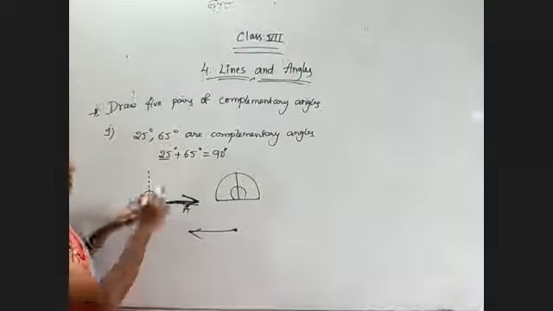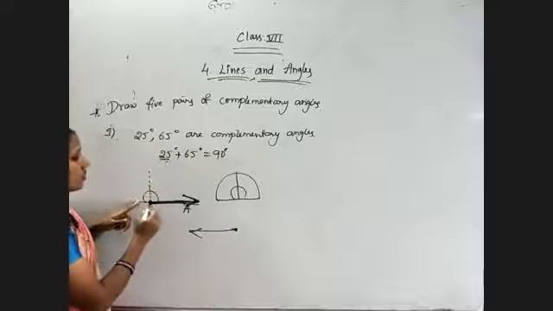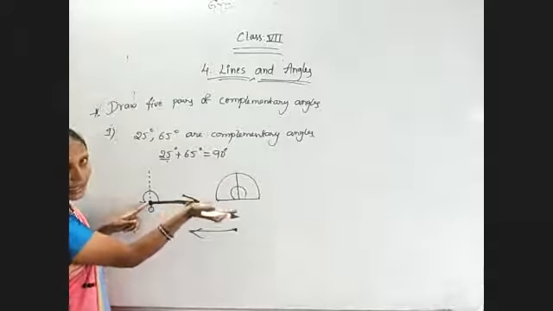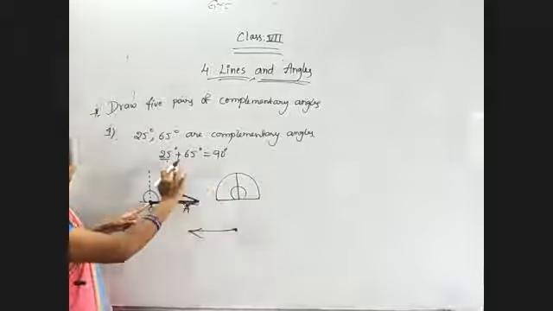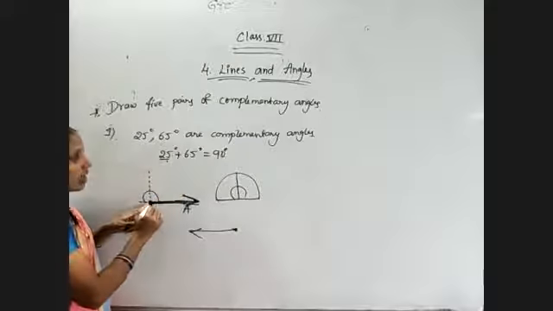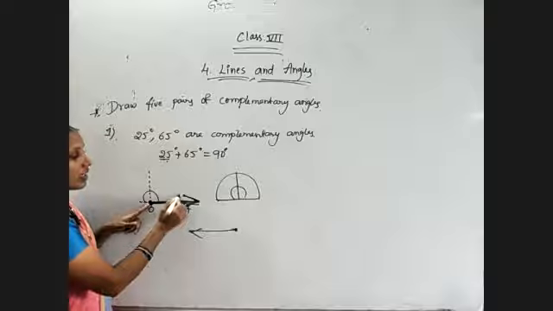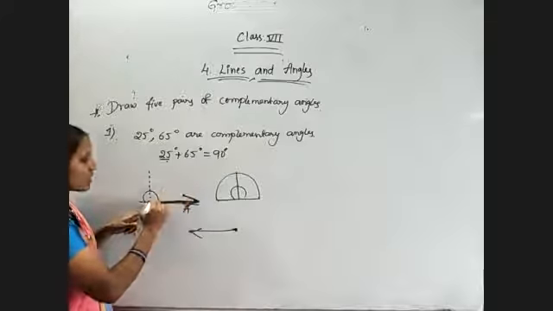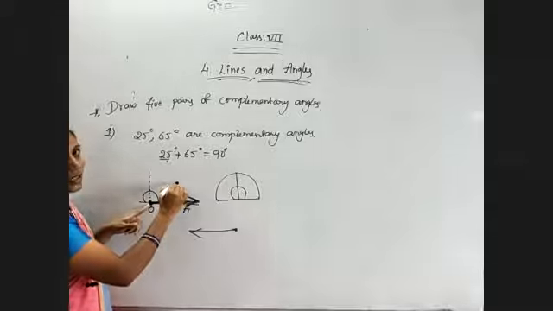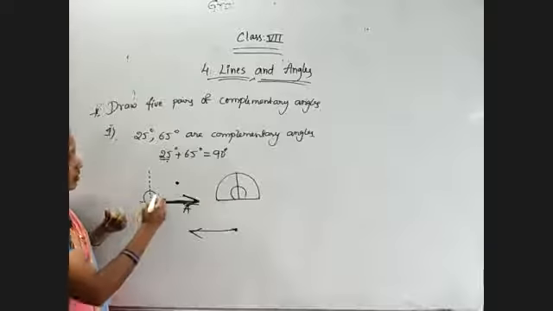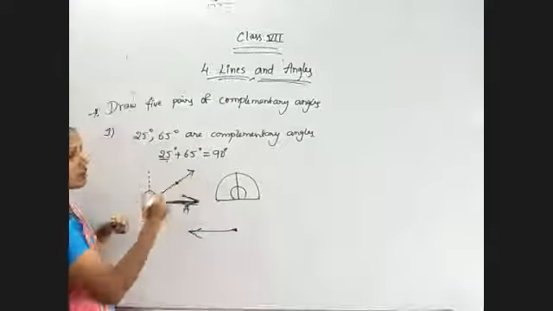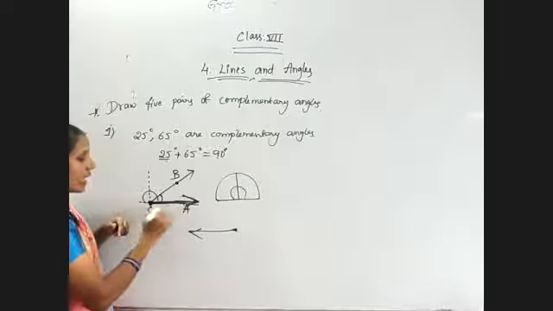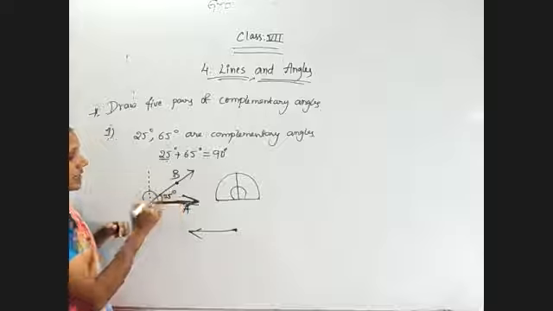Now coming to this one, 25 degrees I want to construct. So I place the protractor. Now my ray is spreading at the right side, so I need to consider the down values, inner values. How many degrees? 25. So 0, 10, 20. Between 20 and 30 is one of the smaller lines you will get, that is 25 degrees. So keep one dot there. Now remove the protractor, use your scale and construct. So angle AOB is equal to 25 degrees.